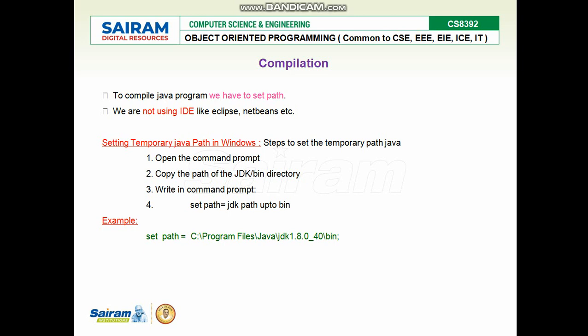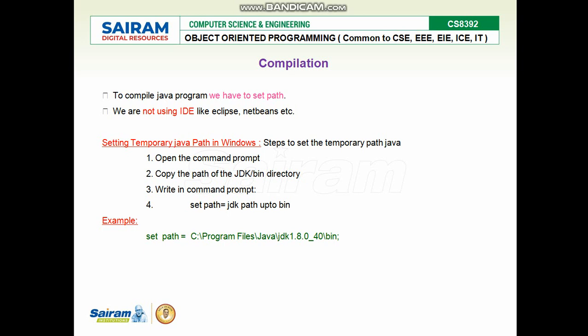There you will find the bin folder, and inside the bin you will have a number of tools. So copy the path up to bin from your folder explorer address bar: C:/Program Files/Java/jdk1.7/bin. Just copy the path up to that. That is the path of java, javac and all those tools available in that bin.